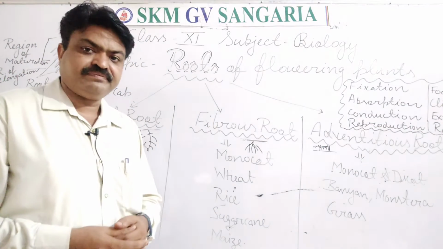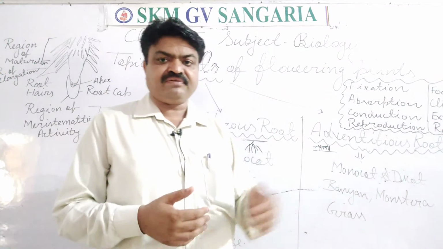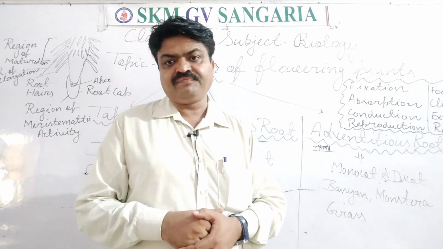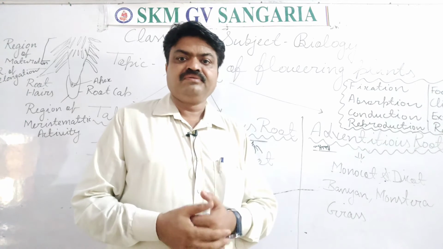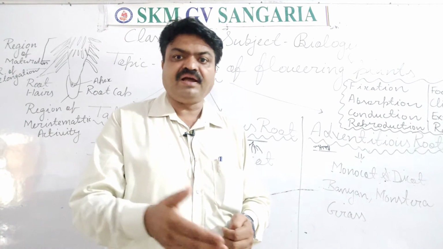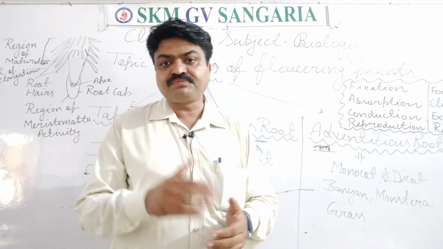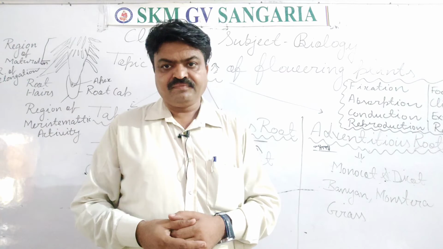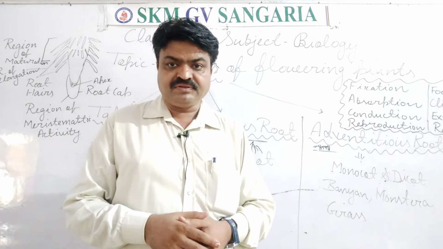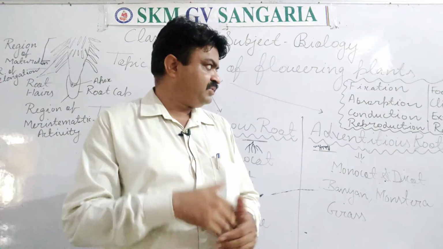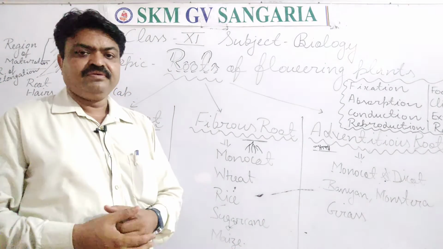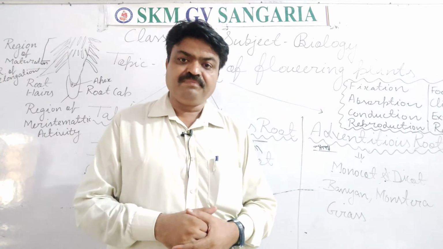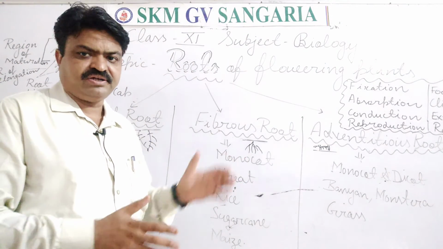With this, climbing. Adventitious roots, student, help the plant in climbing. With the help of this, the plants climb up, or they have support from the neighboring structure, student, and that tropism is known as thigmotropism. So they do the climbing with the help of thigmotropism, and with this they also provide extra support to the plant.